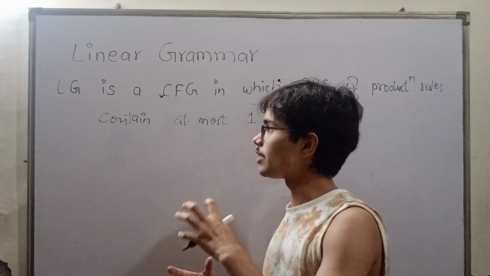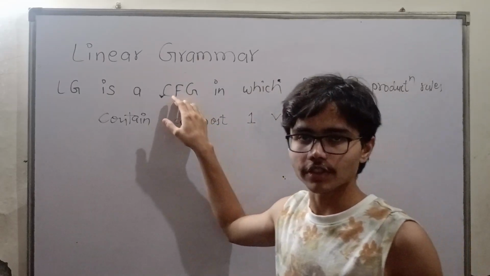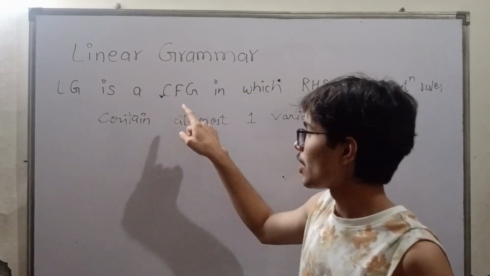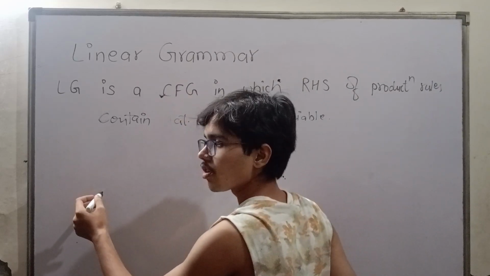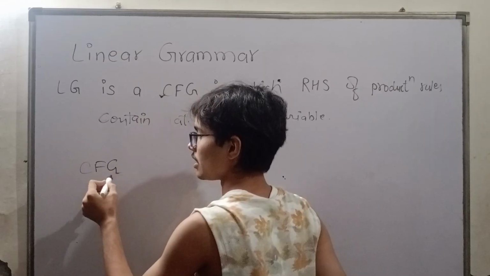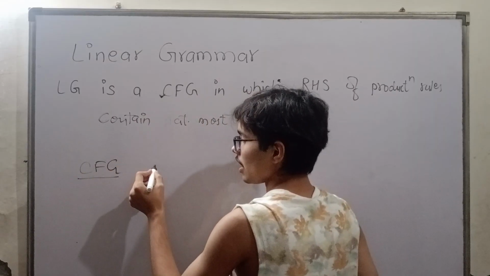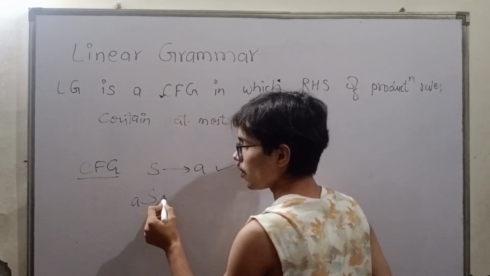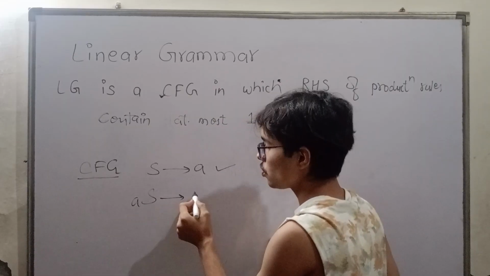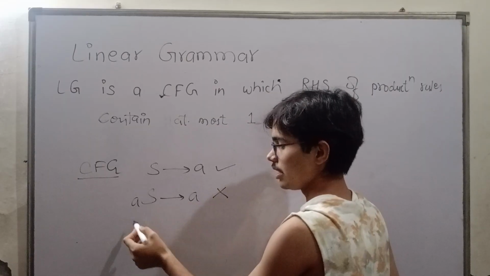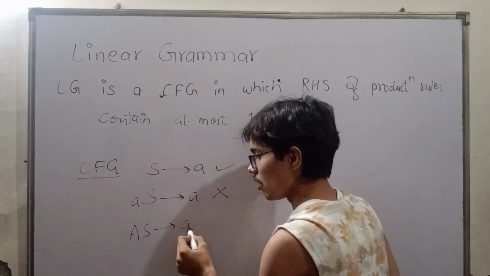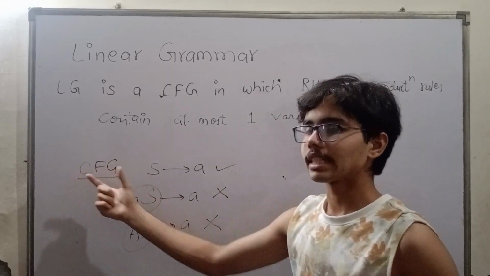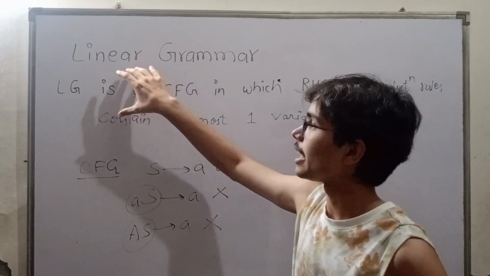That means the restrictions that are applied on a context-free grammar, which we studied in the previous video, are also applied here. What are the rules which apply on context-free grammar? In the LHS part, there are no two elements. This is wrong. This is also wrong, because here two variables are not allowed. That's why it's not a context-free grammar. So this rule is also applied in a linear grammar.